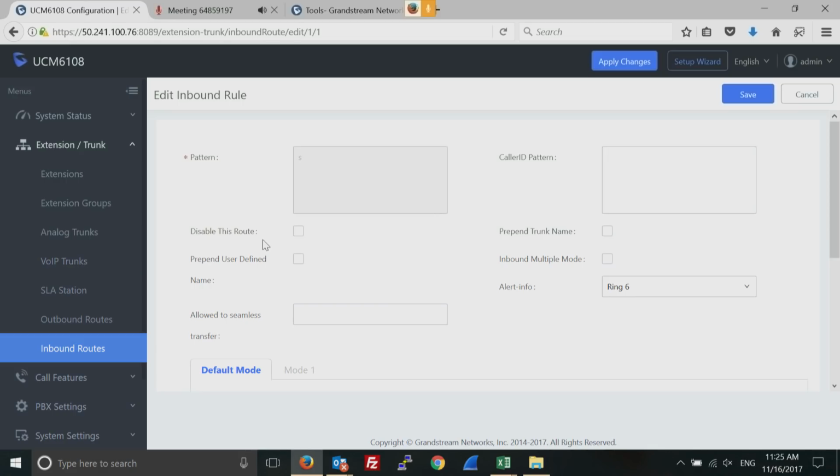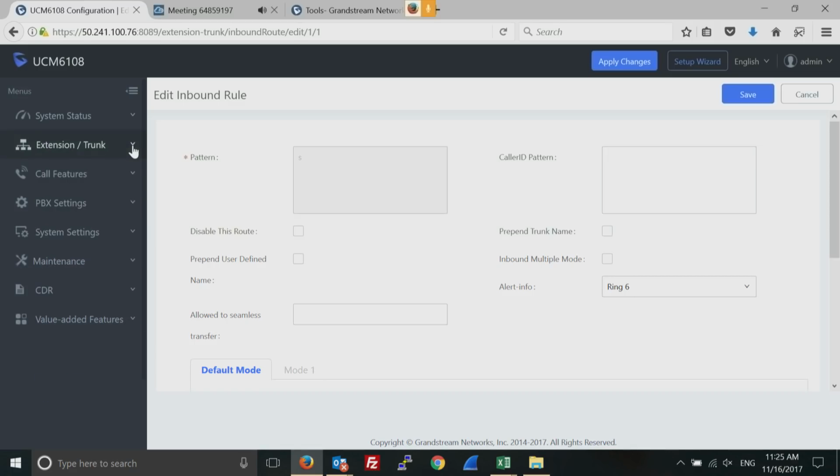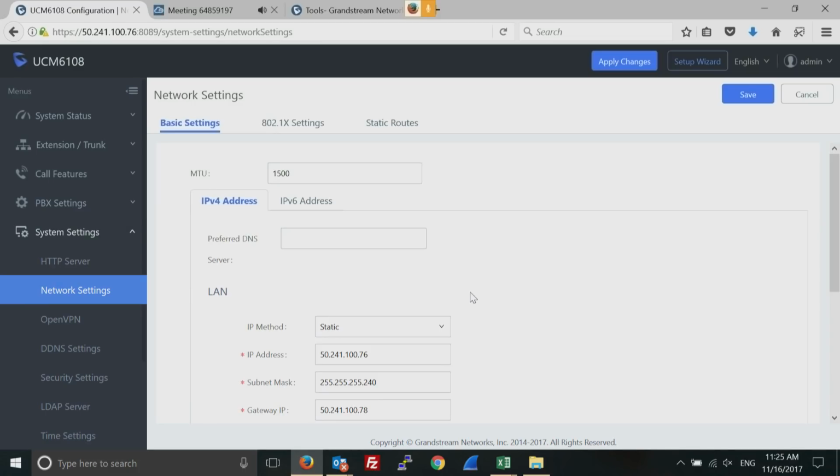Just a general question about using the router mode on the UCM. If you could show, and maybe you already did, where that's set up and how you take advantage of that router mode feature. Sure. All the UCM 6200 series, by the way, support router mode. And as I said before, not too long ago, we added support for IPv6. So in this menu,